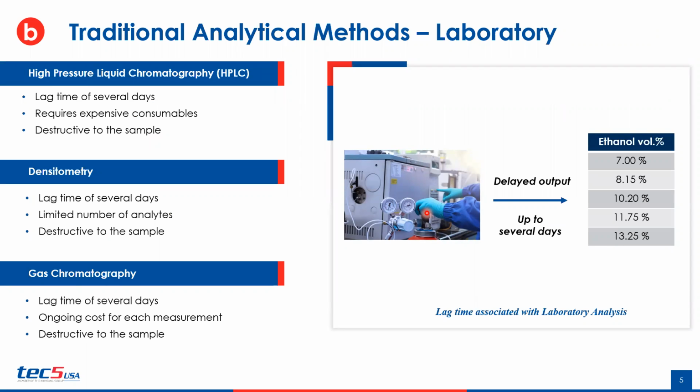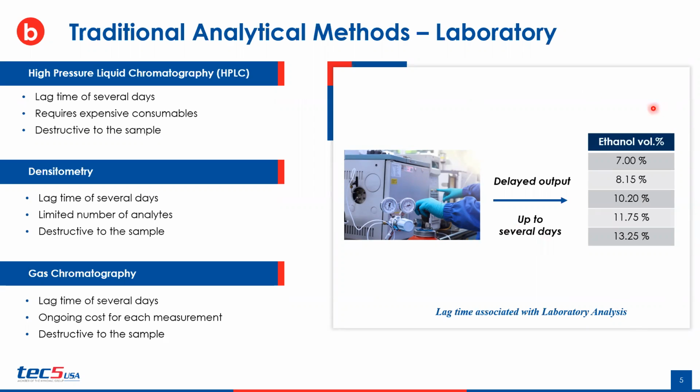Traditionally, these parameters have been performed and understood with traditional analytical methods that primarily take place in the laboratory. These include high pressure liquid chromatography, or HPLC, densitometry, gas chromatography, or GC, all of which introduce some sort of lag time in the measurement. So you can see on the right-hand side here,